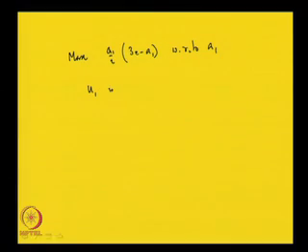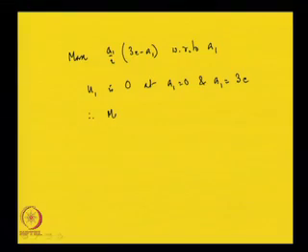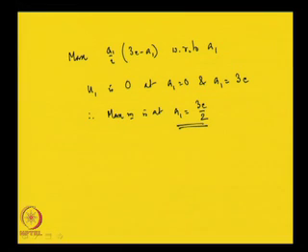So, U1 is 0 at A1 is equal to 0 and at A1 is equal to 3C, and this is a concave function. Therefore, the maximum is at A1 is equal to 3C divided by 2. So, this is the optimal action for player 1 in the beginning of the game, and so